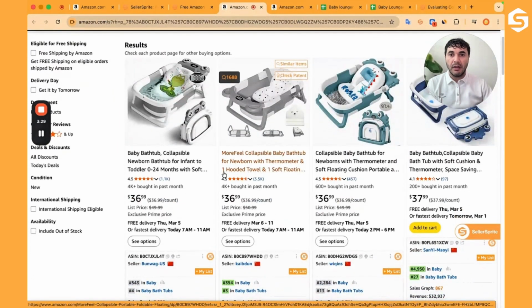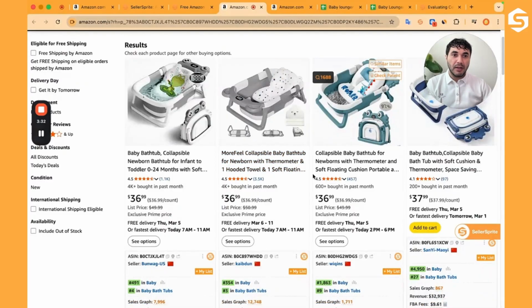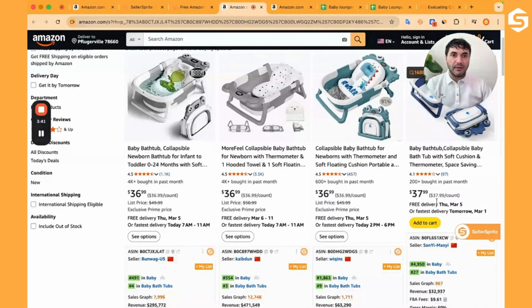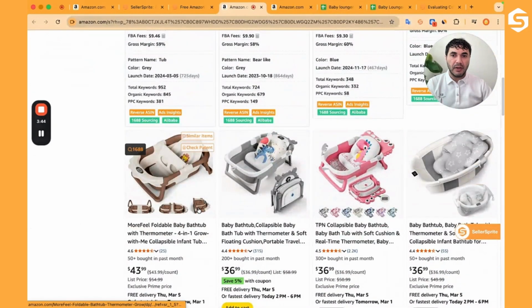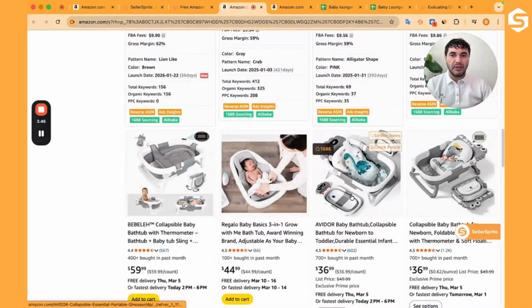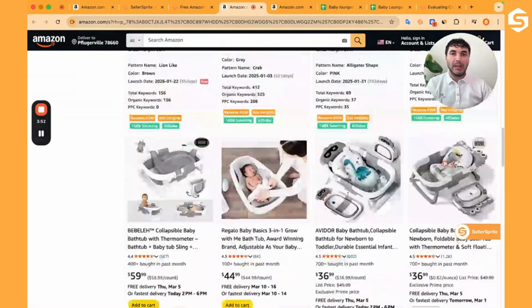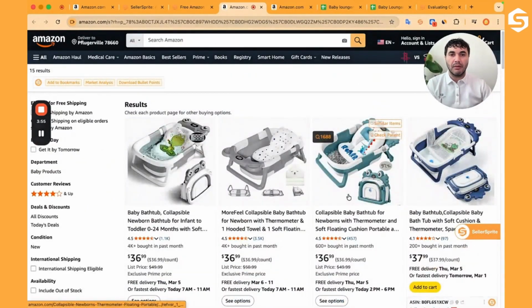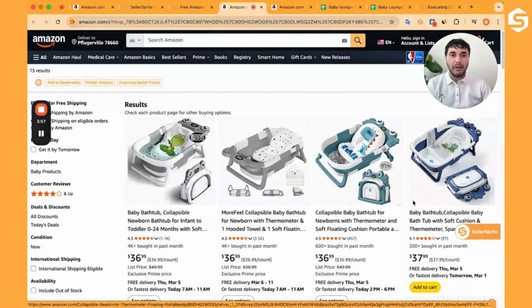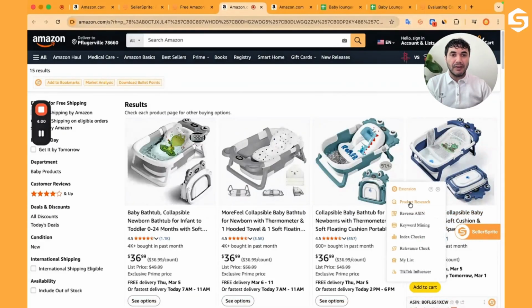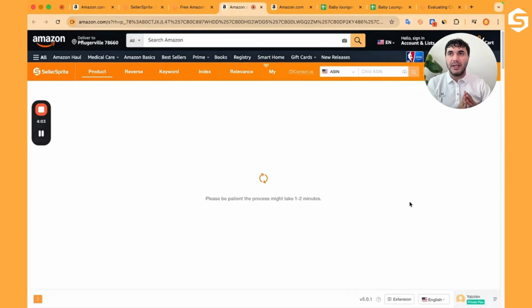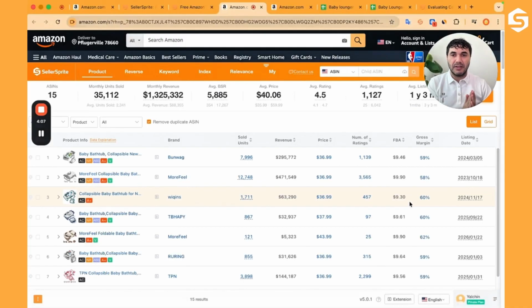Now it's very clear to understand what's going on in the market. From the first glance, we understand the price range: 36, 37. These are very similar prices. 43, very similar price actually. So it doesn't let us think of a big gap, like, okay, we are going to sell it for $60 or $70 or something like that. It's not possible. Secondly, we are going to run the Chrome extension from Seller Sprite to understand the product sales